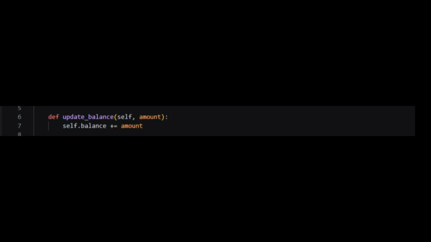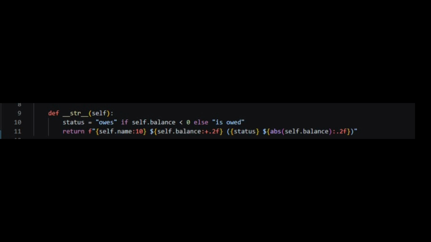This method is called the string method, or __str__. It automatically formats how the object is displayed whenever it is printed inside the terminal. This improves readability and makes the output easier to understand for users.